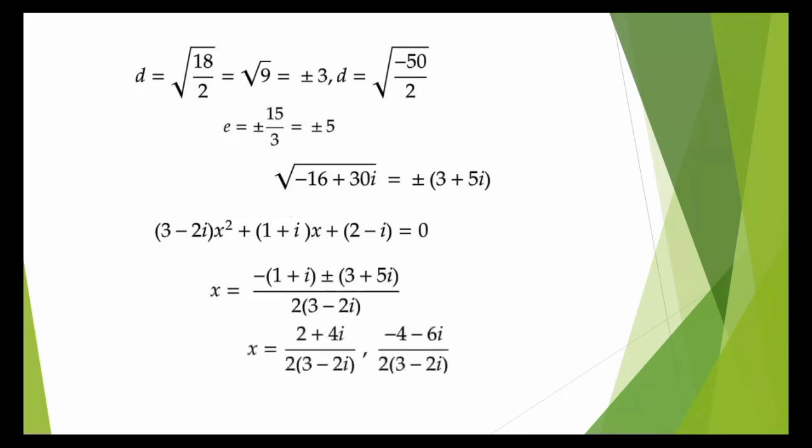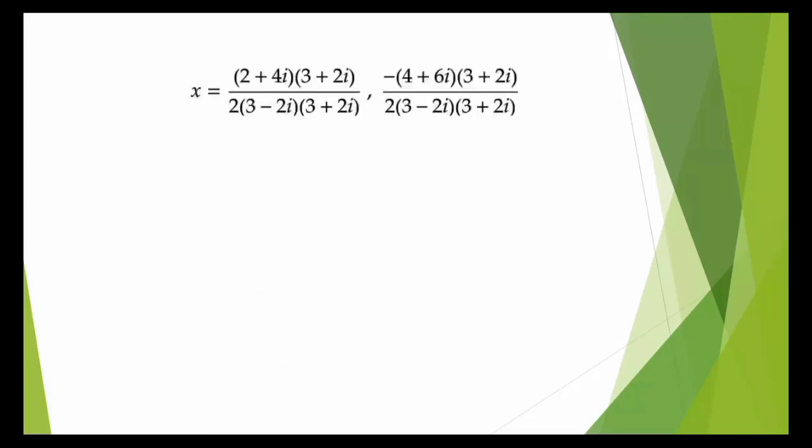After solving this, we obtain the two values of x, and after rationalizing them separately, we can say that the value of x is (minus 1 plus 18i) divided by 13 and minus i. So we finally obtain the two values of x, and this is a good place